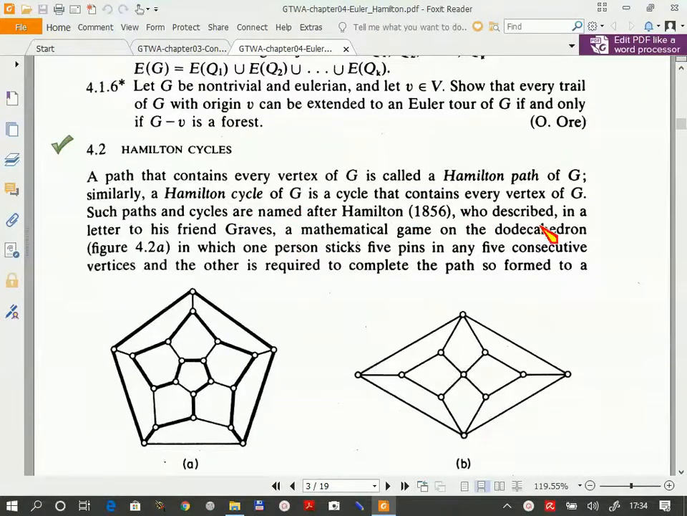a cycle which contains every vertex of G. A Hamilton path is a path containing every vertex, with no repetition. A Hamilton cycle has repetition only of origin and terminus, which must be equal. It's very similar. You might think, maybe it's a small variation from Euler's theorem. Absolutely not. This is a totally different